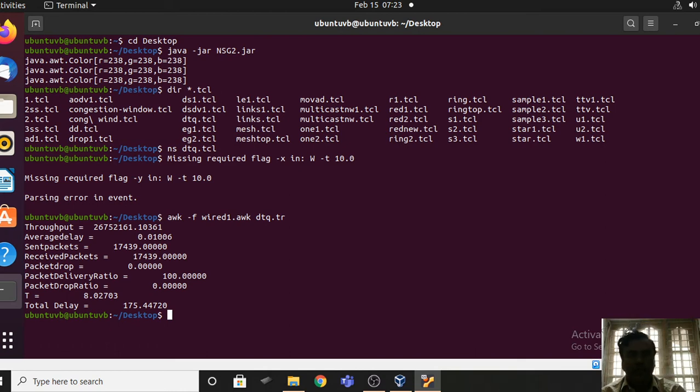So you can record these values if you want to.